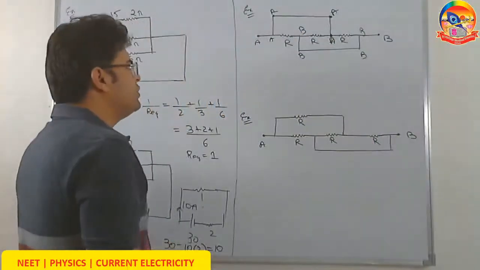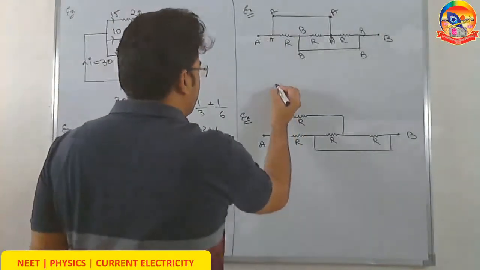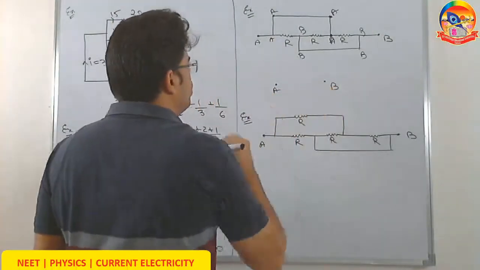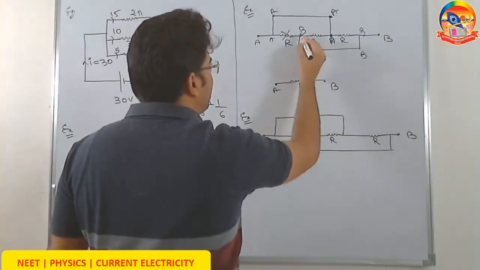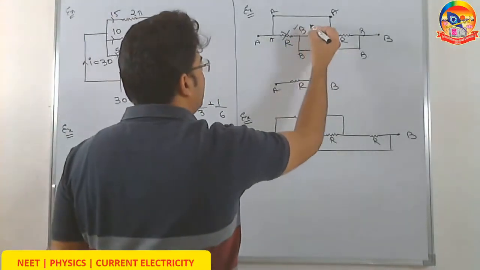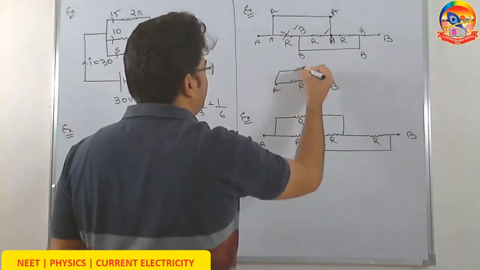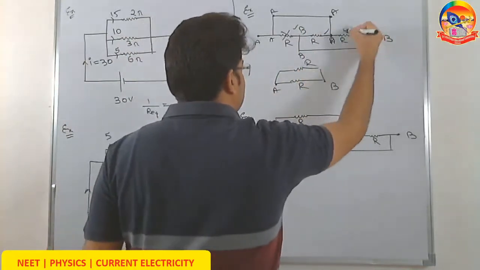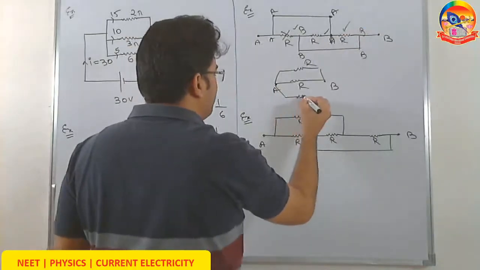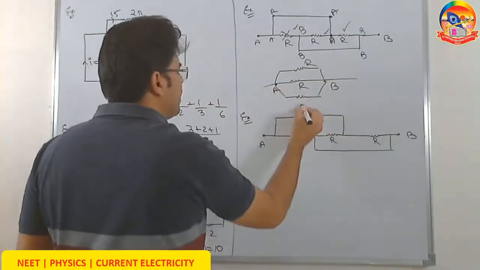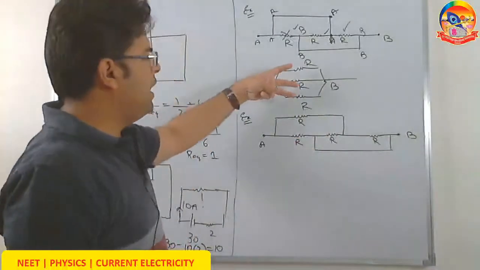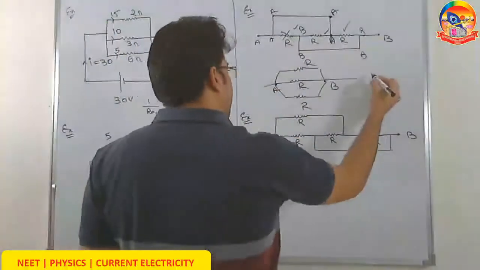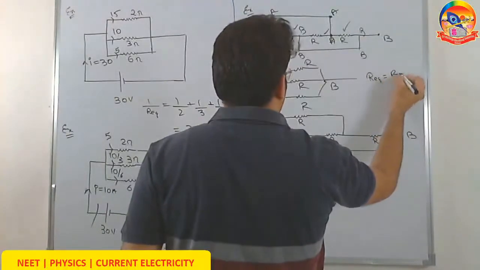Now, ask yourself, what do we need to find? We need to find the equivalent resistance between A and B. So this first resistor is connected between A and B, R. The second resistor is also connected between B and A, so that is as good as connected between A and B, R. This third resistor is also connected between A and B. So you can see R parallel R parallel R. You have got 3 identical resistors R connected in parallel. So their equivalent resistance comes out to be simply R by 3.